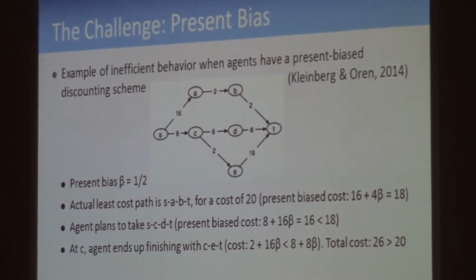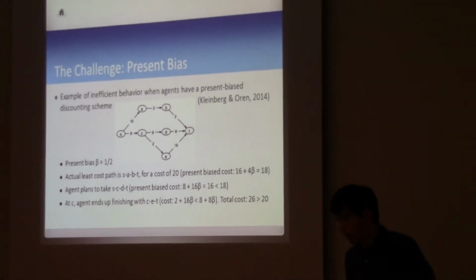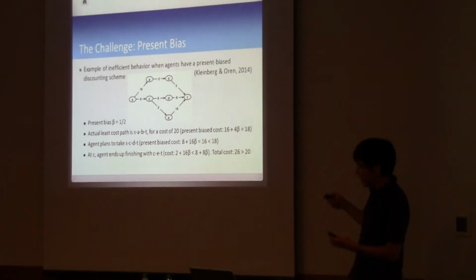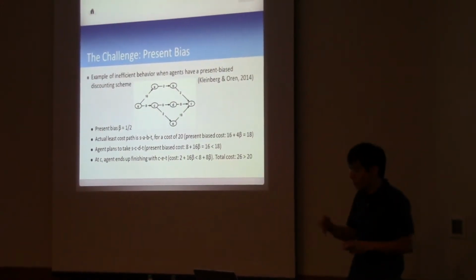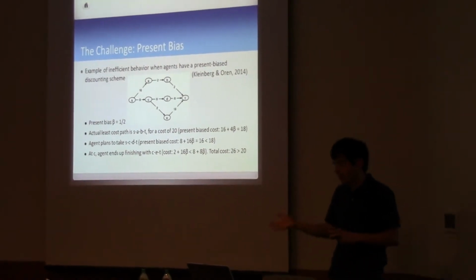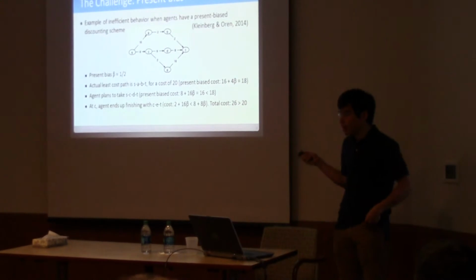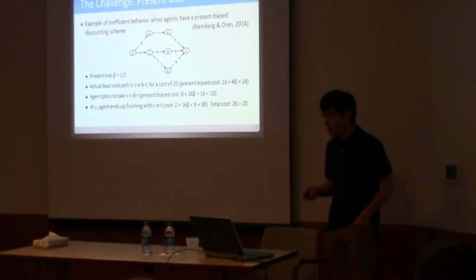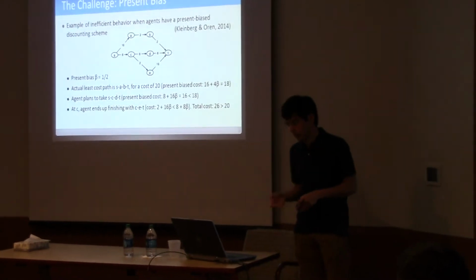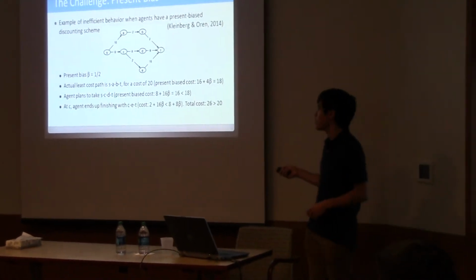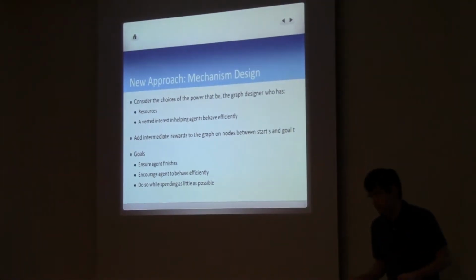They might change their mind. And in this particular case, we're assuming they have to continue throughout the graph. They have to go from S to T. But it'll get even worse whenever we assume that agents can drop out if they perceive that it's going to cost more than it's worth to them to reach this goal node T. That will make more sense when we talk about the reward structure we're going to introduce. But the point is there could be cases in which agents would want to not even continue throughout the graph at all. There's a lot of inefficient behavior that can go on, and our challenge is to say, how can we get rid of this inefficient behavior?